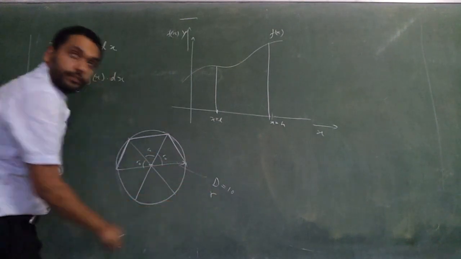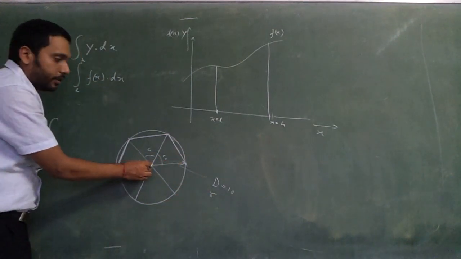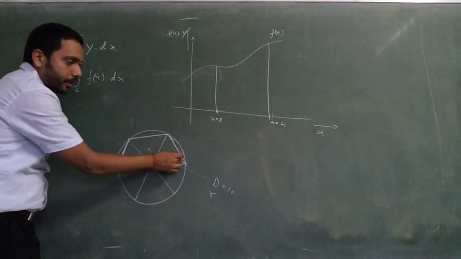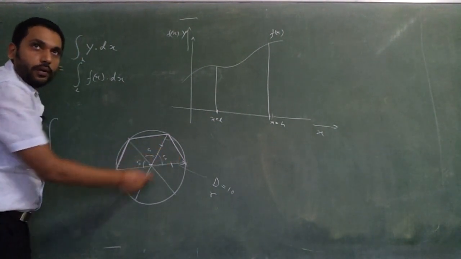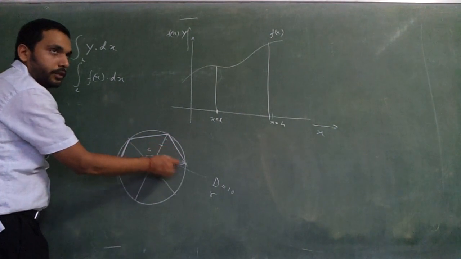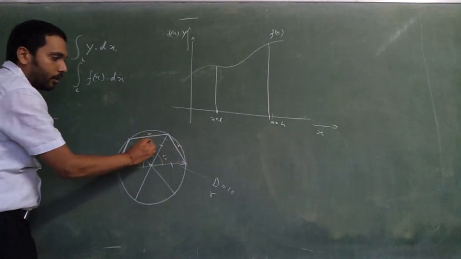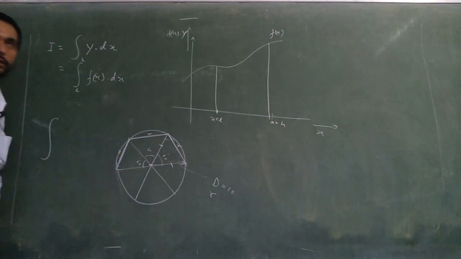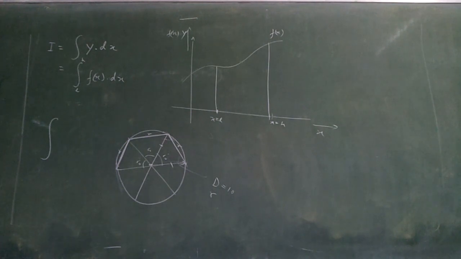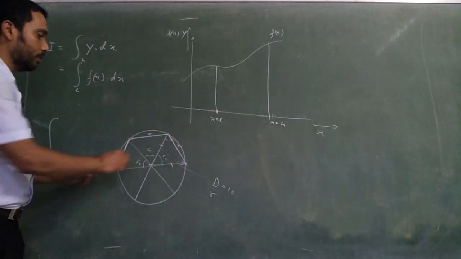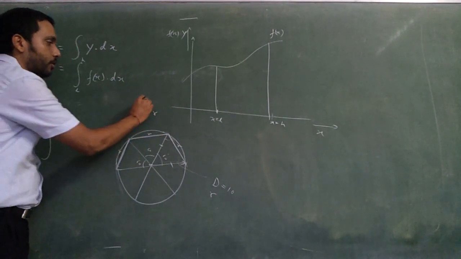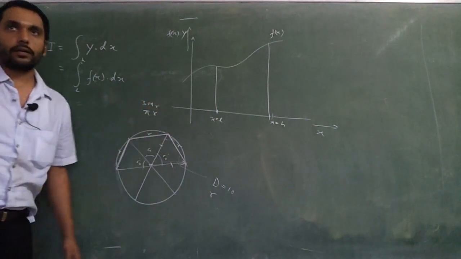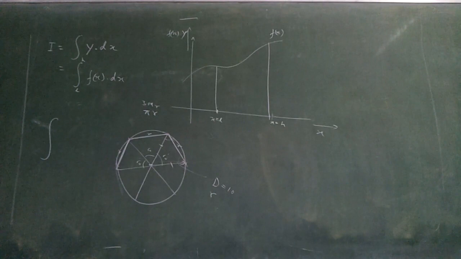Radius is r, this much is r, this is a 60 degree triangle, hence this is also 60, this is also 60. Why? It is isosceles. This is r, this is r. So it is an equilateral triangle now. So this is also r, this is also r, all three are same. So it is 3r or not? 3r. And you said pi r. This curved length is equal to pi times r, which is 3.14 times r. It's not 3r, right? So how to go to more accurate values?